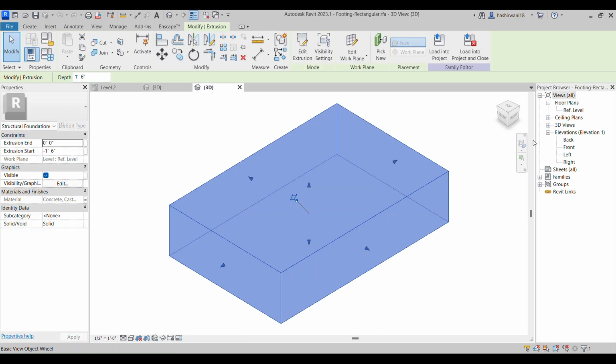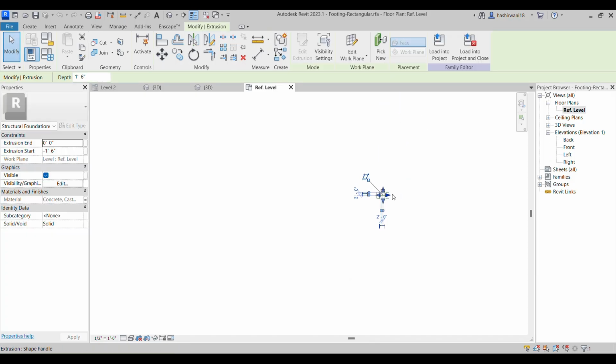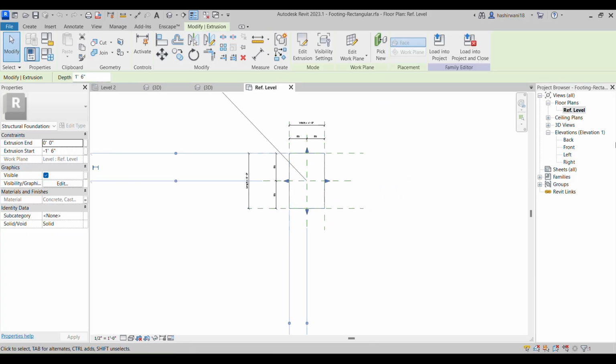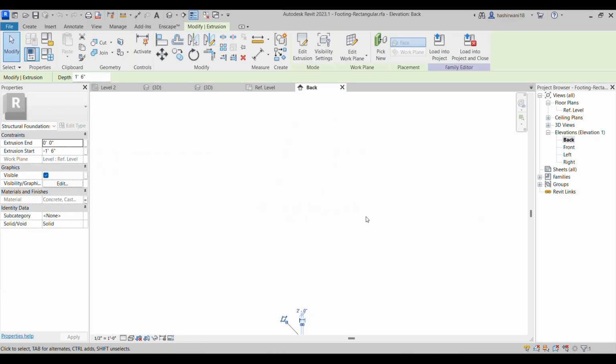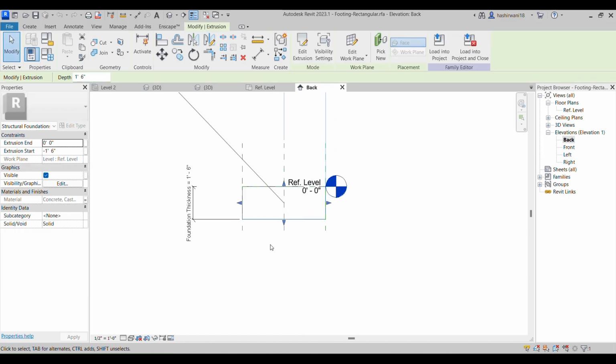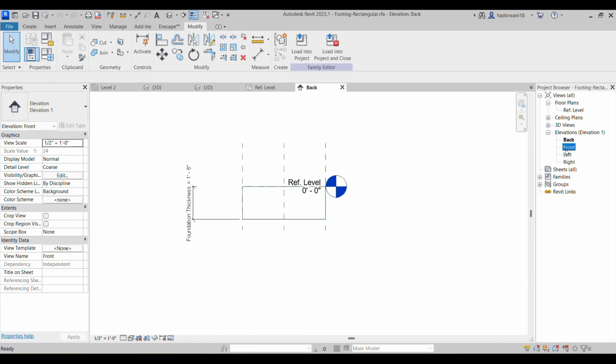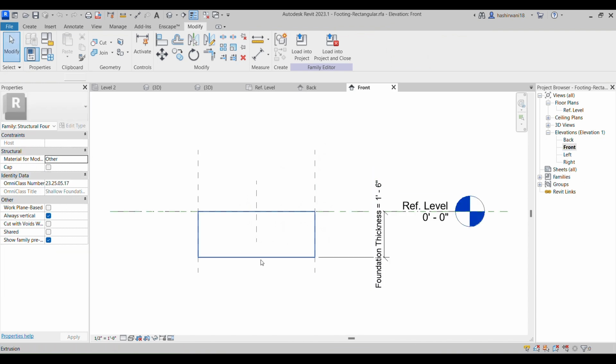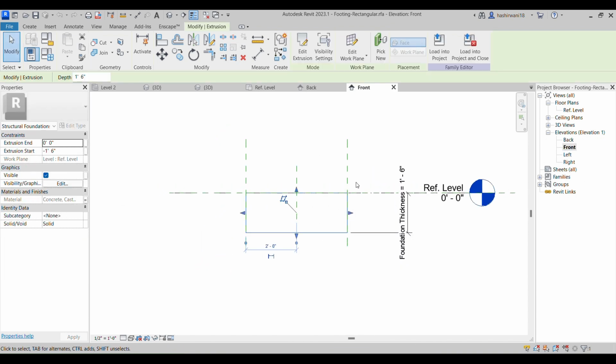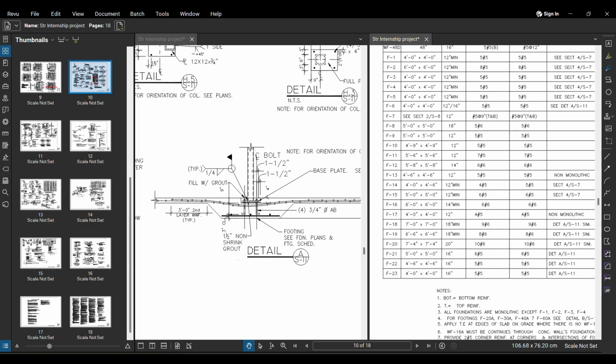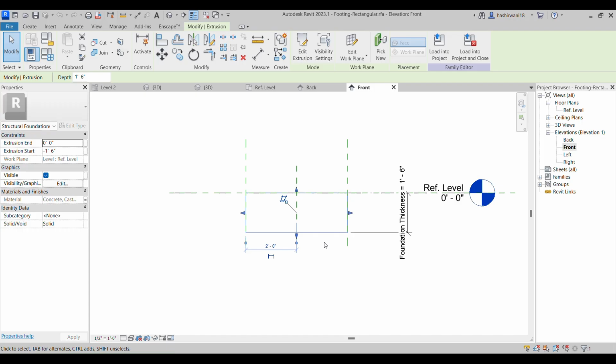I'll simply select this and go to the reference level, or I can see the reference level here. I'll go to the elevations now. I'll just go to any of the elevations. I'll simply zoom in. So go to the front elevation, right? I'm able to see this particular sort of footing. I'll just go back. I'll just recheck what the footing looks like, right? We can simply delete this for now,